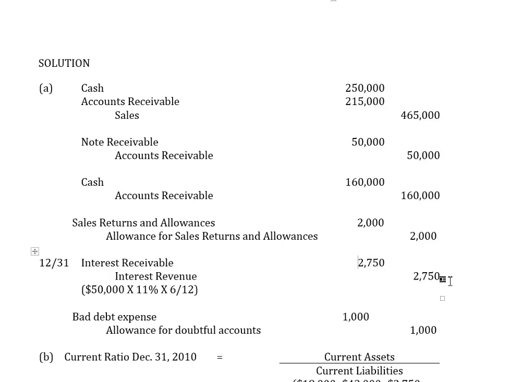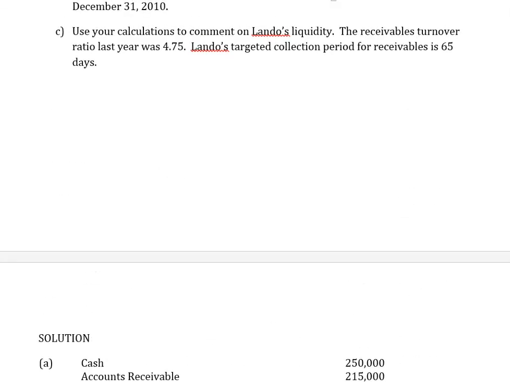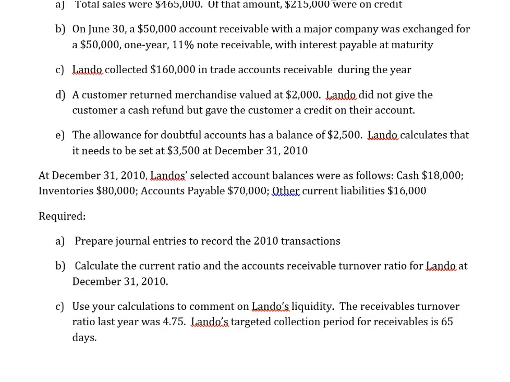We also know that our allowance account needs to be set at $3,500. So what we might need to do is calculate how much is in it right now. Well, in our question, we can see that the allowance balance you've got now is $2,500, but if you need to have $3,500 in it,